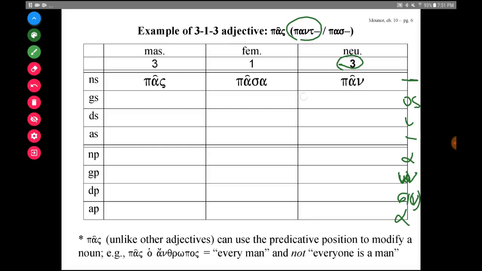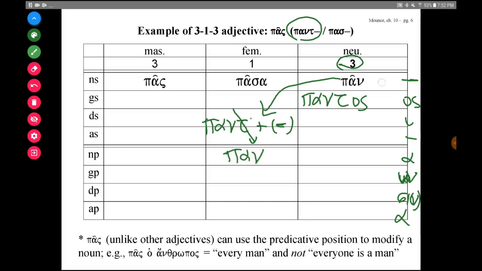So if we have the stem pant and you add os to it, it's pantos. But notice what happens with this. If I have pant as the stem and I add to it nothing, there's nothing added to it. The nu tau doesn't like that. So in this case, adding nothing to it, the tau drops and the pan remains. And so it becomes pan. So it's pan, pantos. The dative singular is panti. And then we have pan again because you add nothing to it and the tau drops and you have pan. So pan, pantos, panti, and pan.